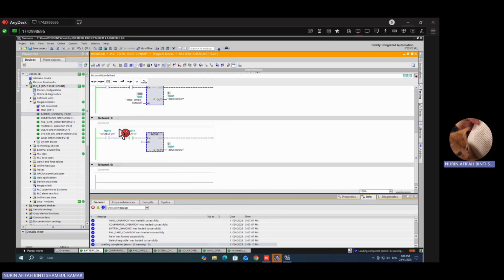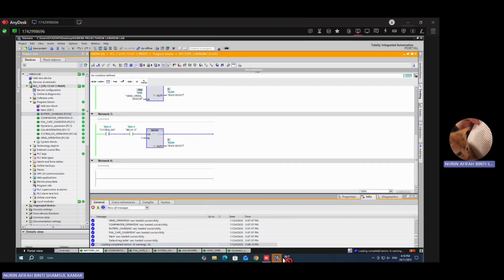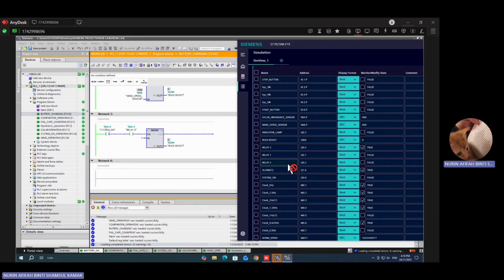And lastly, network 3 is the battery mode, with no solar and no wind. In this network, the PLC checks if the system is on and relay 3 is active. Relay 3 represents the battery backup mode. When this condition is true, the move block transfers a constant value of 0 into the buck boost input. This tells the system that no renewable source is available, so the buck boost converter stops taking input and relies on battery mode instead. So, based on the simulation,